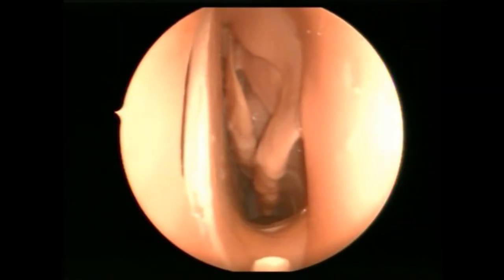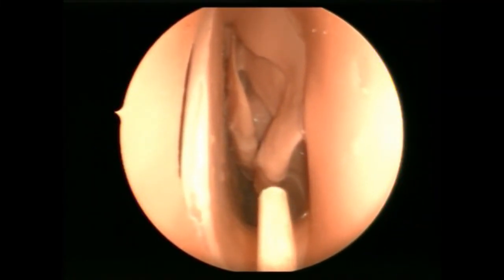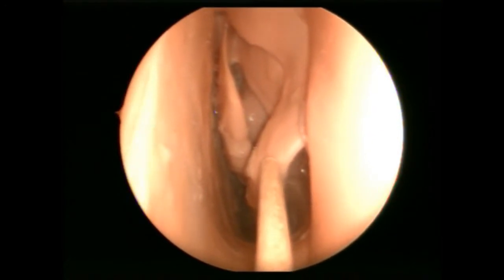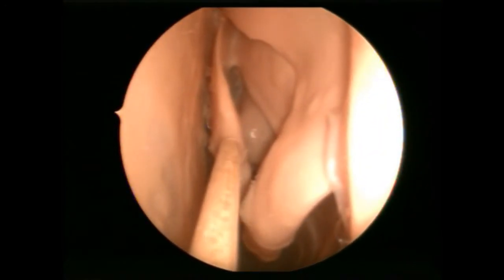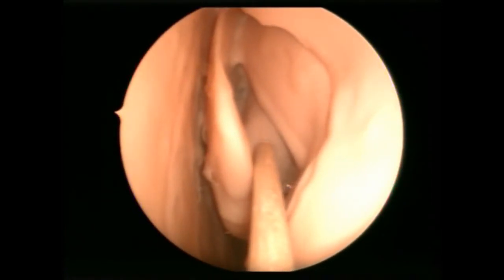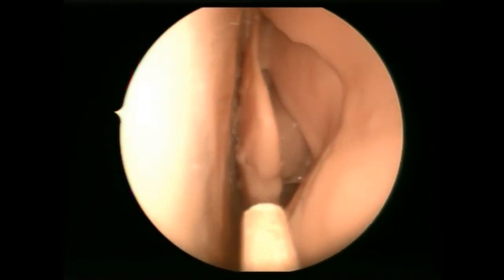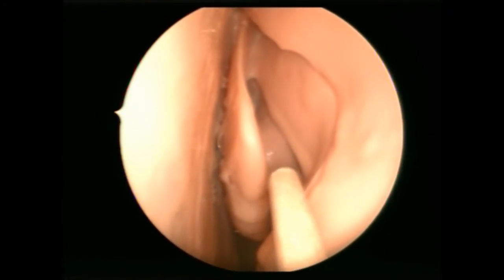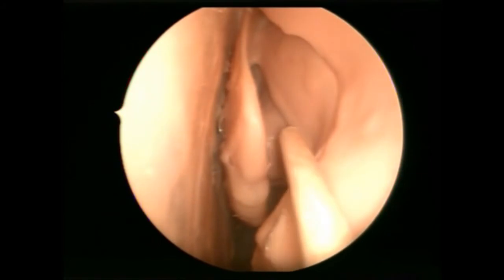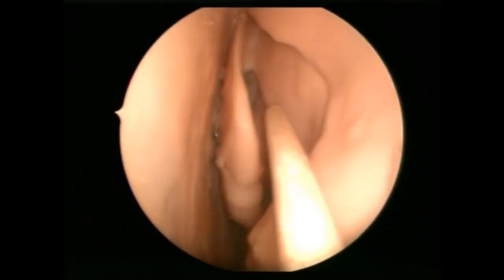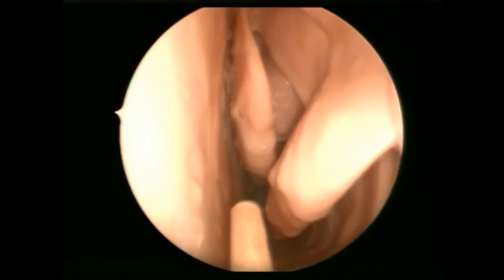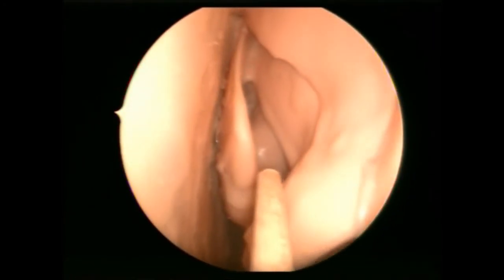Of the left nasal cavity, the tip is showing the inferior turbinate, and this is the middle turbinate. This is the uncinate process, and this is the bulla ethmoidalis. The aim of this study is to take culture from the middle meatus, which is the functional area right in here. So any purulent secretion coming from the middle meatus along down, even to the nasal floor, can be easily